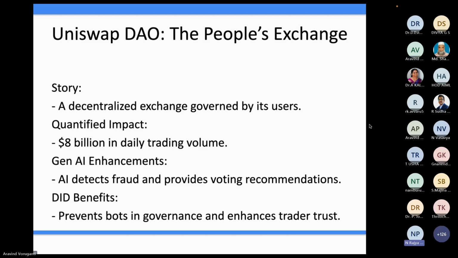Because in traditional stock exchanges, every account or every demat account has a KYC attached to it. But at some point in the past, before KYC was mandated by governments, the centralized exchanges were just non-KYC driven trading. So people used to use bots to manipulate the trade volumes, and people used to assume, oh, this token is going up, a lot of trade volume is happening.